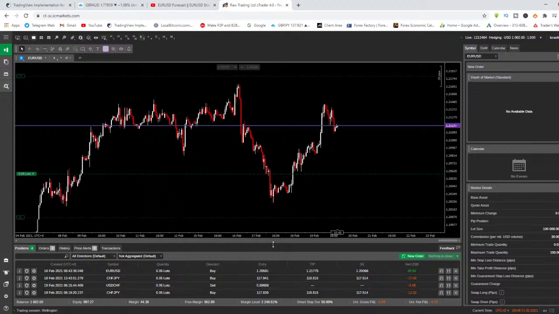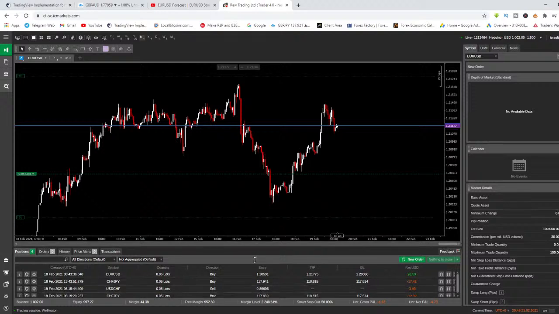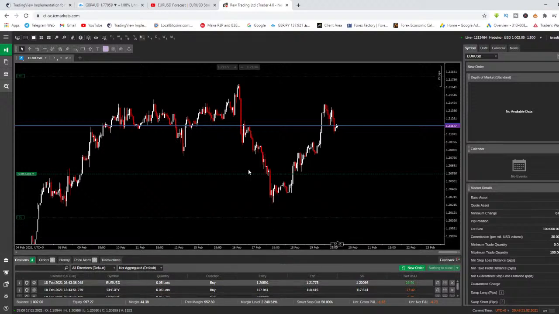All right, let me check something. So this is Euro USD, and you guys see where I got in. This is where I got in for the buy, and right now I'm still in the buy, right? I remember this